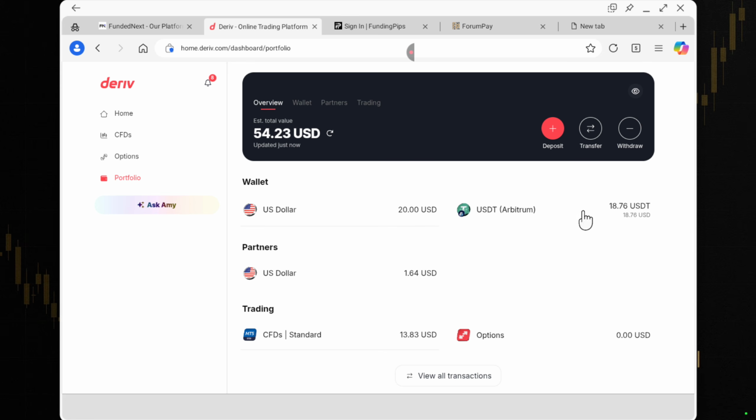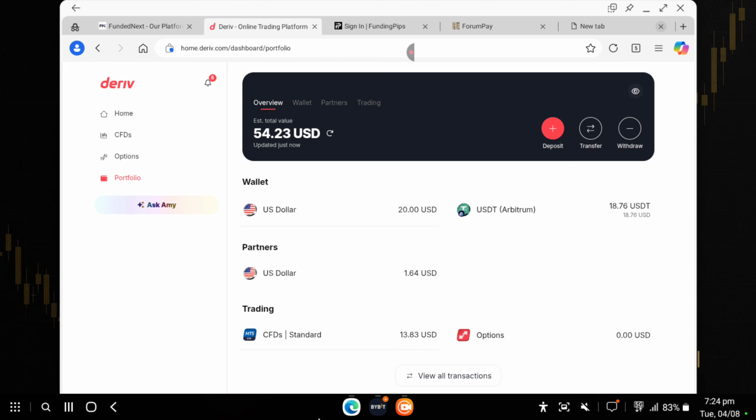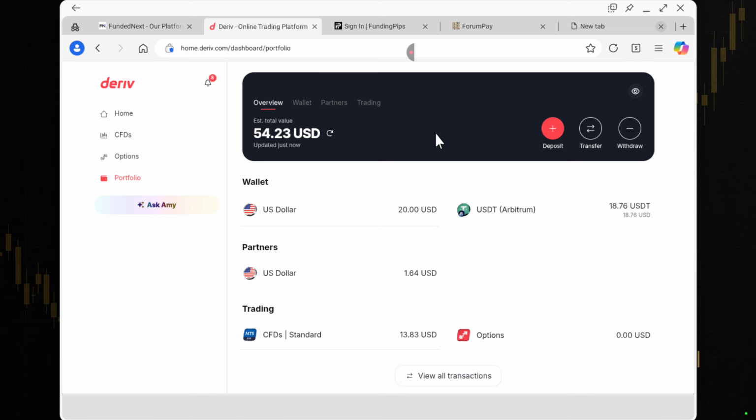Alright guys, you can actually see the deposit has been completed. You can see my balance has gone up from $8.76 to $18.76. So this is it for how to deposit to your broker account. Right now, if I want to fund my MT5,